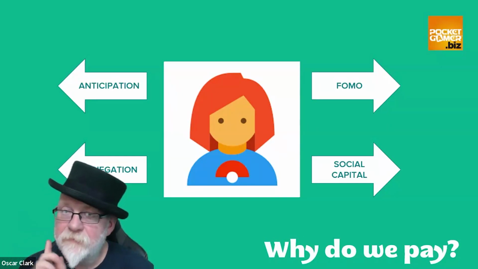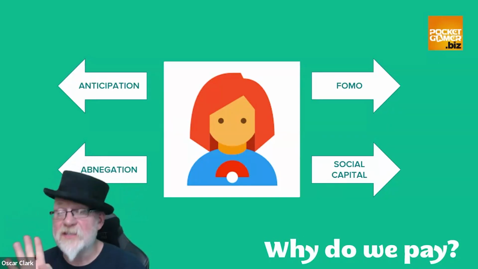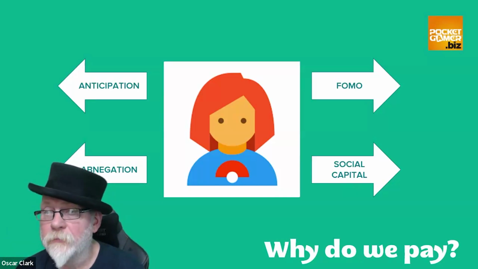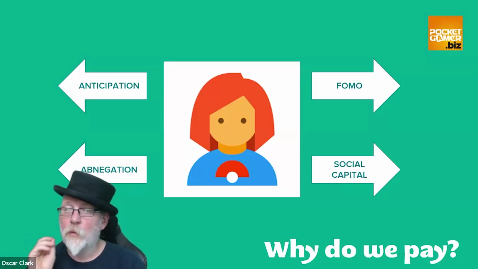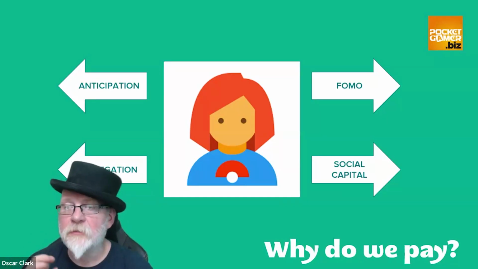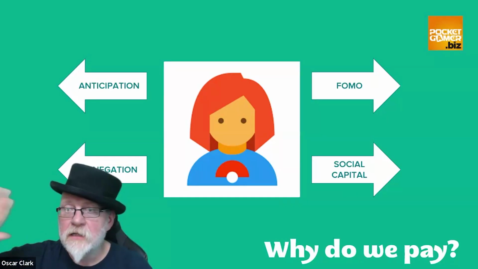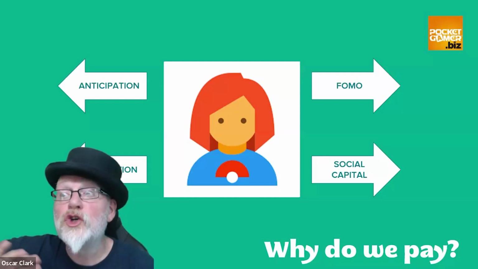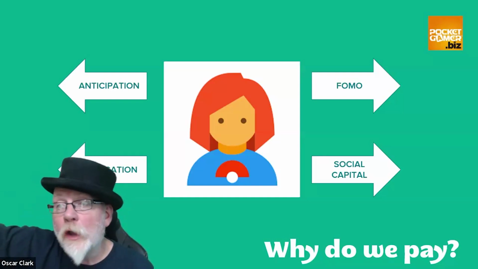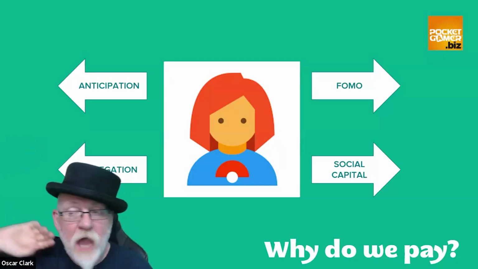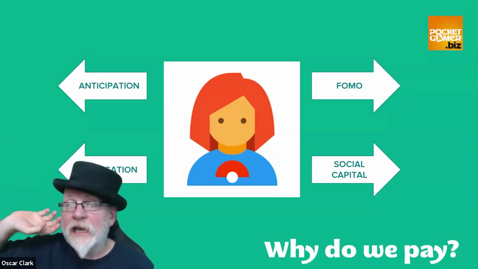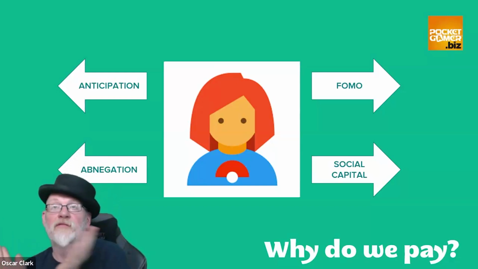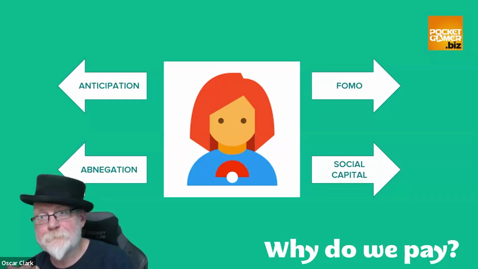But also there's the fourth one. This is the most important one as far as I'm concerned, because it's the one that we don't control. And that is abnegation. Now, what does abnegation mean? Abnegation means I set aside the things that I don't want, that I know I should be doing. I know I should be going off and doing the washing up. I should be going off and tidying my office. I'd never get around to doing that. Instead, I'm busy playing Fallout 4 or whatever else the game is.